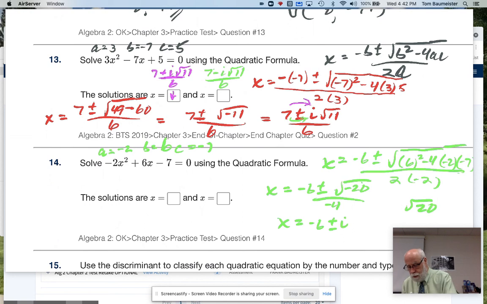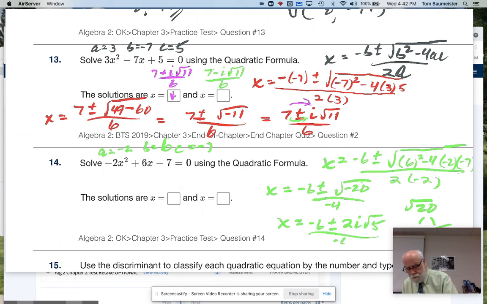So 20 becomes 4 times 5. And you know that the square root of 4 is 2. So I'll put that in front of the i. So I better make that i a little better. So I said 2i root 5